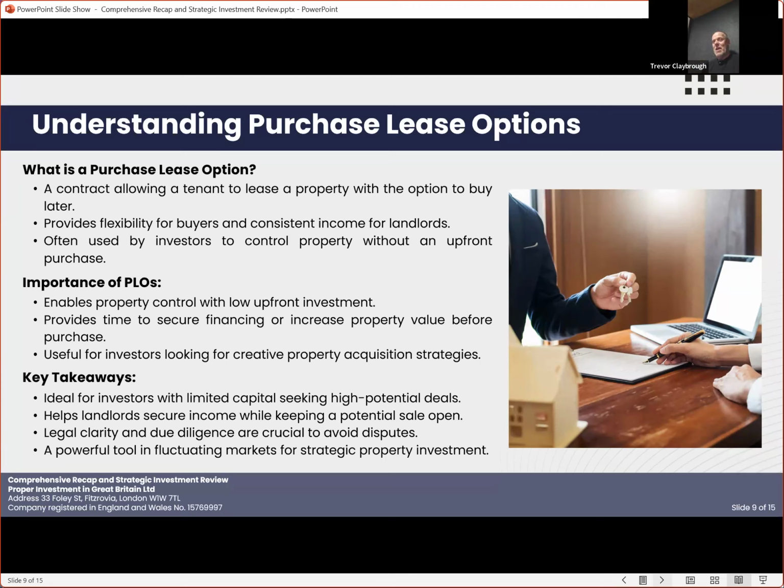The only thing is in general, these ones, you need to find them yourself, because if, for example, someone asks me to source for them a purchase lease option, I'd probably say to them, well, if I got a good purchase lease option, why am I going to sell that to you? In reality, it's not as clear cut as that, because sometimes with the purchase lease options, we might still be